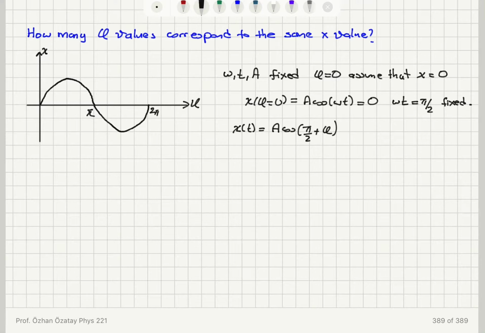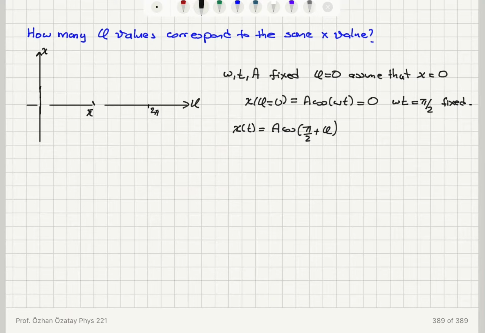Okay, and when phi is pi over 2, I would have cosine pi, which is -1. So this actual cycle would look like